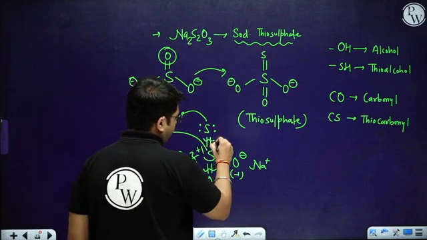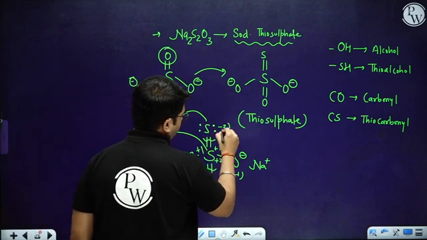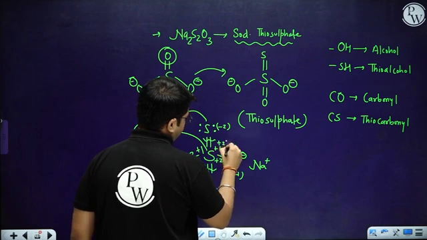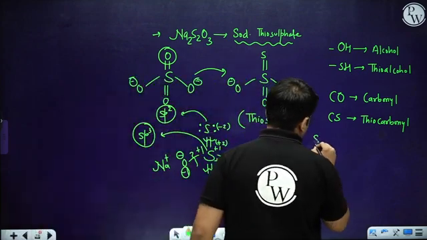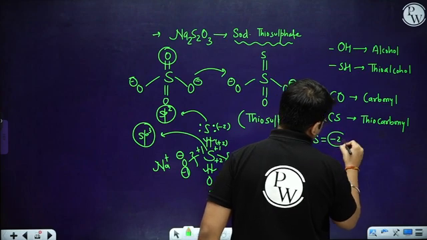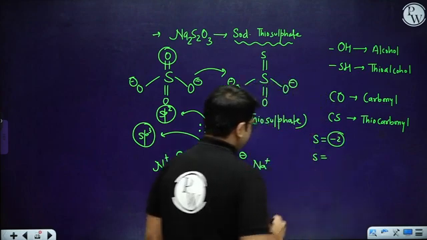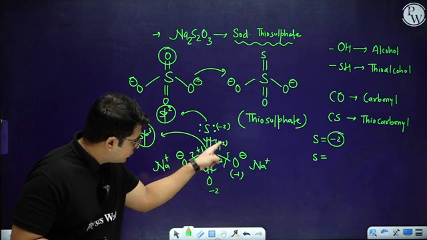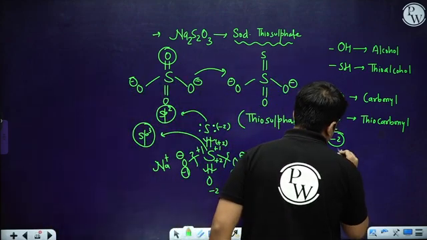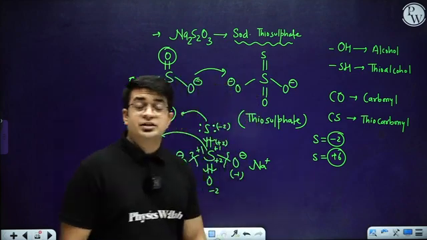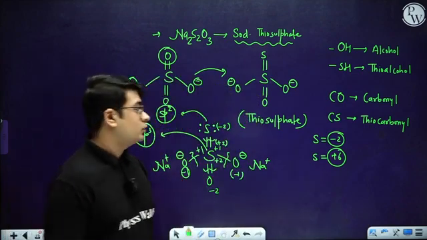So same covalent rule. Double bond is there. It is more covalent. -2 will be there. +2 will be there. Okay. So you can see in this particular case, one sulfur will be having -2 charge. Another sulfur will be having +2, +2, +4, +5, +6. That is +6 charge. So this is the individual oxidation state of sulfur in this particular part.